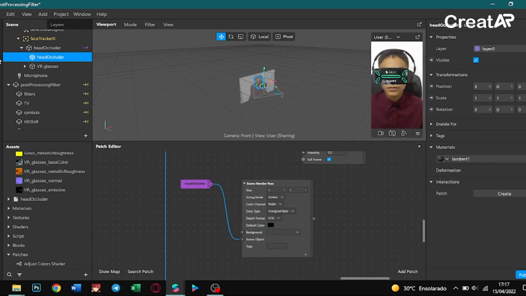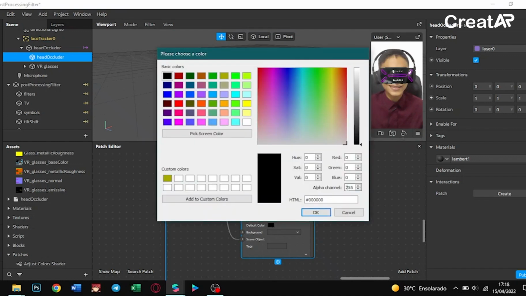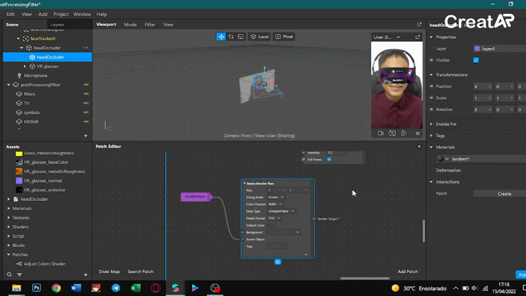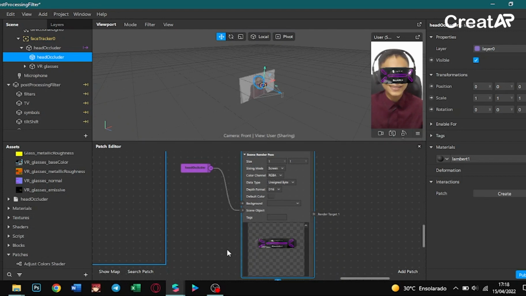But let me pause because I think it will lag a bit. Okay, so here we have our head occluder object that was dragged here. We create a scene render press, and it's important, in the default color of the background, to put the alpha channel on 0. So with the alpha channel on 0, and you click on the little arrow, you will see that it is rendering our